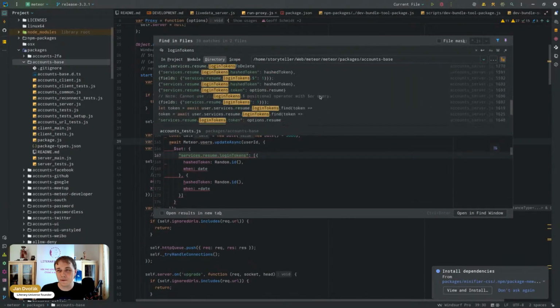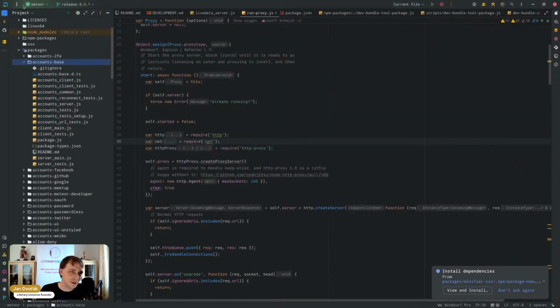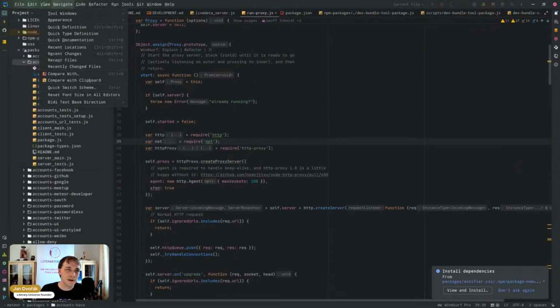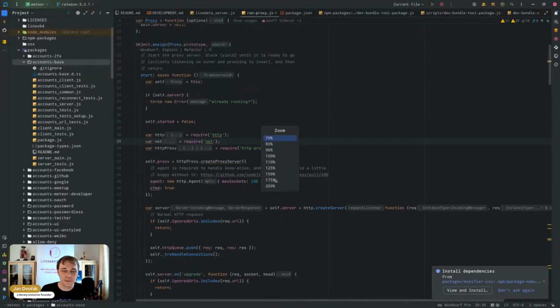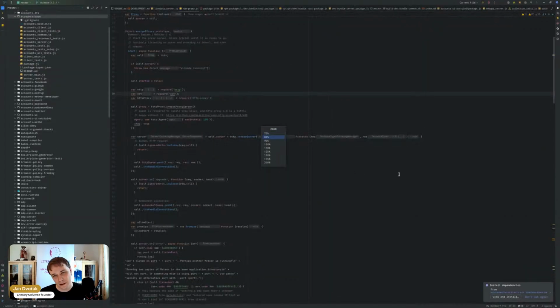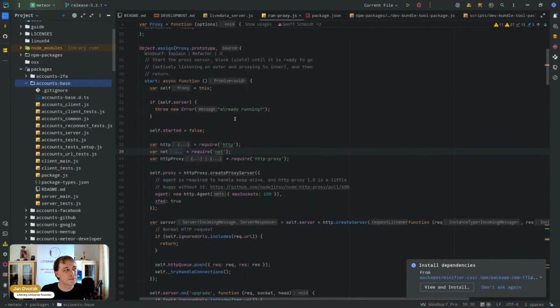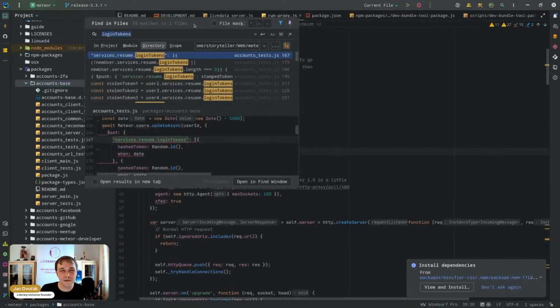Of course, we have a lot of tests and a lot of servers. But first, as always, I need to make this a bit bigger for you guys so it's a bit more legible. Let's go to 125%. Well, that should be good enough. If not, then you probably should not be watching this on a mobile unless you are just listening. And let's go again. So in the login token search,